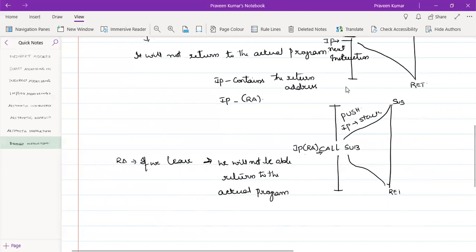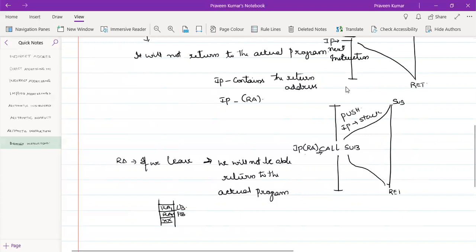So if this is the stack, filled up with some data, the RA will be filling up at the top of the stack. It will be having two different locations, that is the higher byte in this and the lower byte in this. So the stack will be filled with RAH and RAL in this particular fashion.